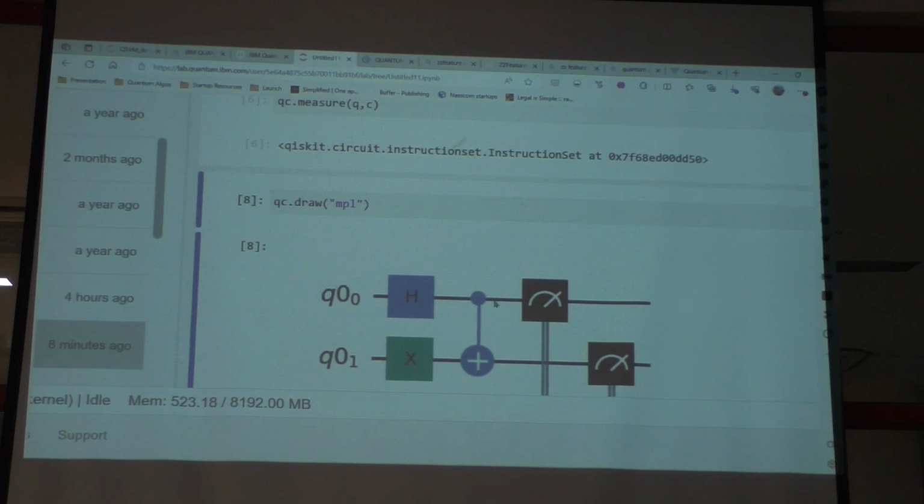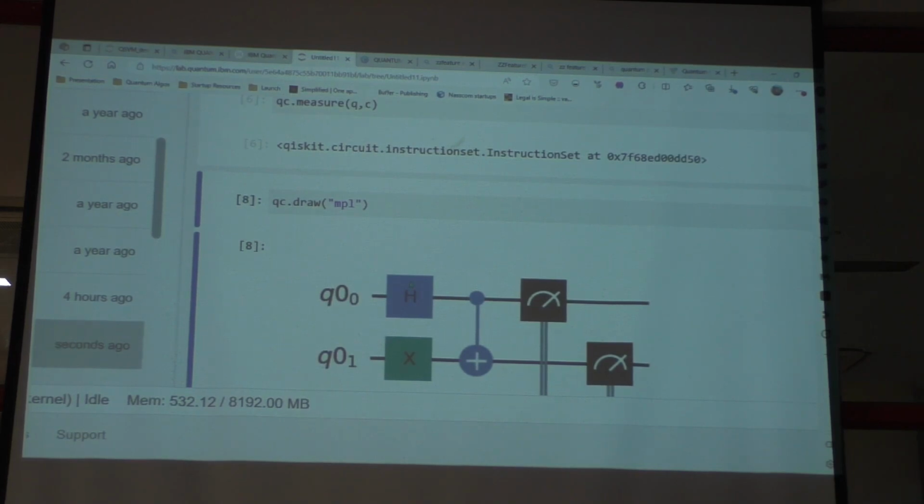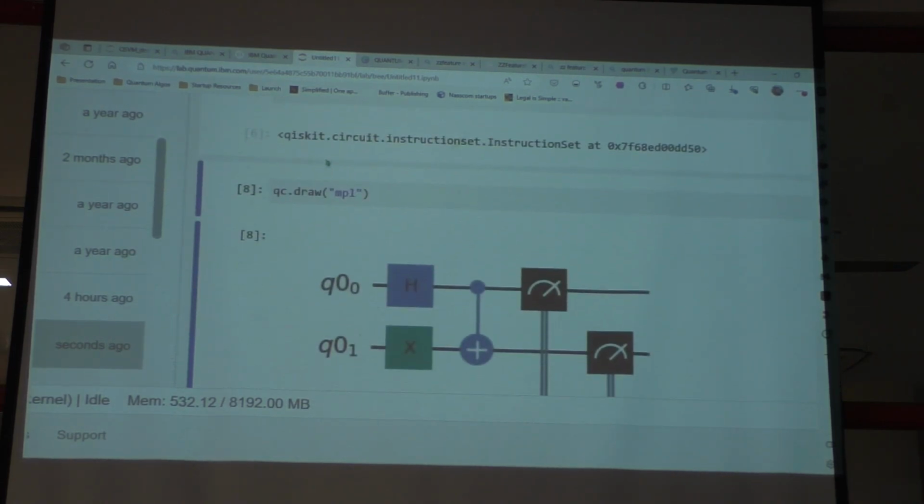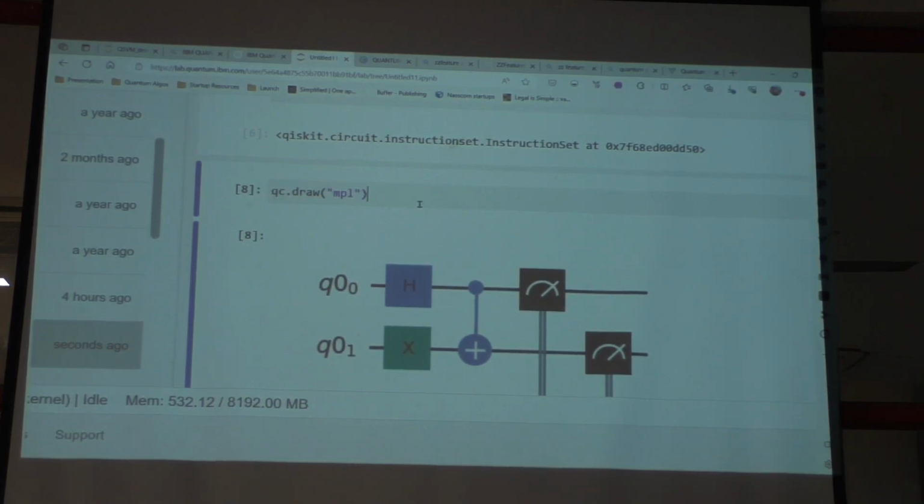So this is a circuit that we have built, 1 H gate. So I think at least all of you should try this. Create your own gates, put whatever gates you want and in whatever order you want, and then try to create this simple quantum circuit and try to draw it out.